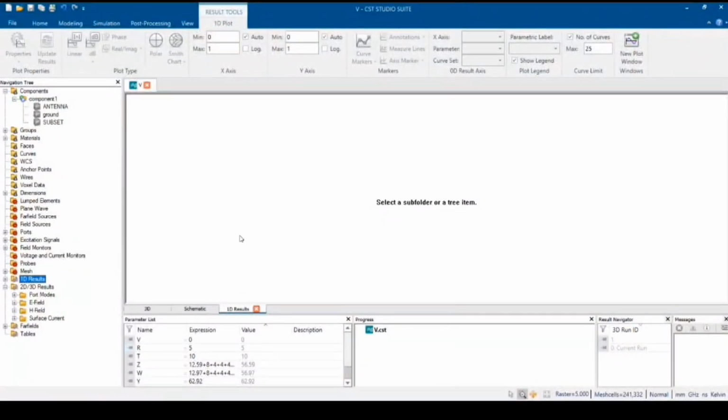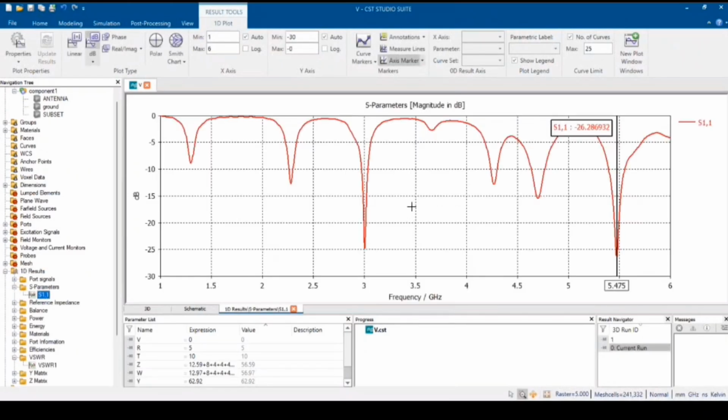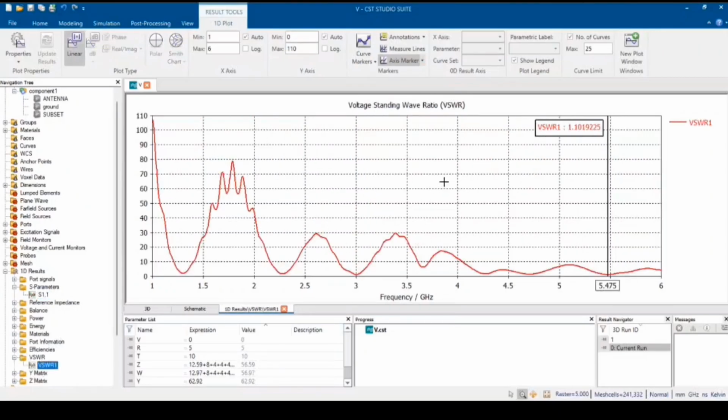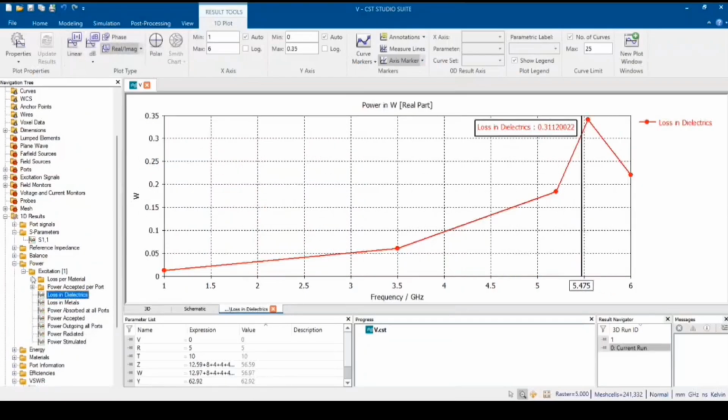And now you can see the simulated design of the microstrip patch monopole antenna. The return loss of the microstrip patch monopole antenna is minus 26.29 dB, with a bandwidth of 1.1 GHz to 6 GHz. A return loss of less than minus 10 dB implies that little power is reflected back from the antenna due to impedance mismatch. A more negative return loss is considered good, as an appropriate level of power is able to be